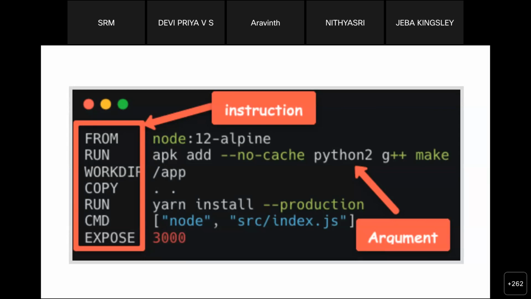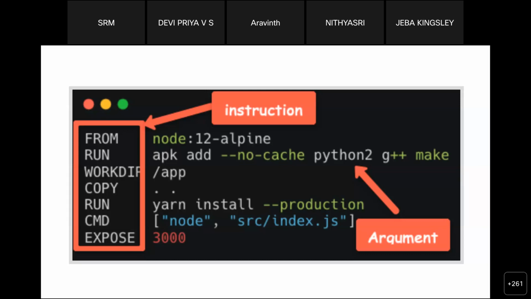If I am taking the FROM instruction, it is mainly used for loading the base image where we can build our application. So here I am using Node 12, and then we have the RUN command or RUN instruction. These instructions are executed during the process of building the image and container. So we will see one small example by looking at this.